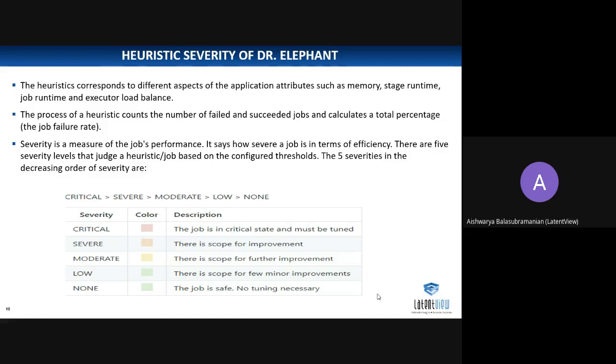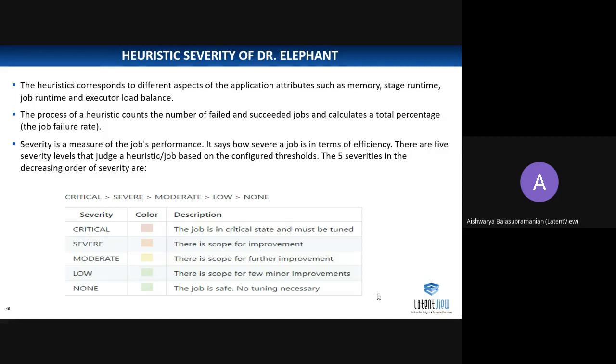So one of the most important things in LinkedIn, what they do is every day when they run their jobs in the cluster, they ensure that all the jobs are in green color, which means it has passed all the heuristics of Dr. Elephant, after which only it will actually run. So first time when you run your job, Dr. Elephant will not come for rescue. So first time you'll have to bear the pain. So it will run for hours, it will fail, do everything.